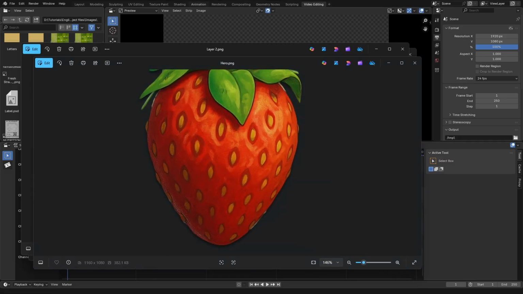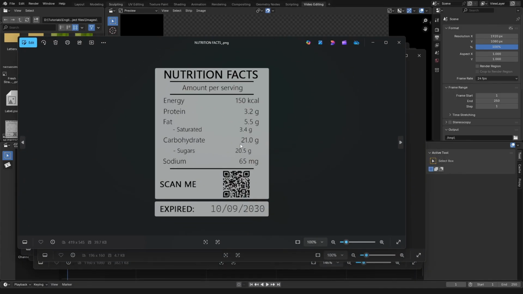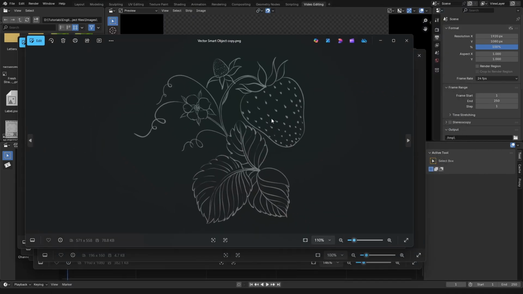I have the Blender logo right there as a PNG. Nutrition facts right here. And this is for the background of the label, two sides, right and left, and some text to write to the, let's say, right side of the